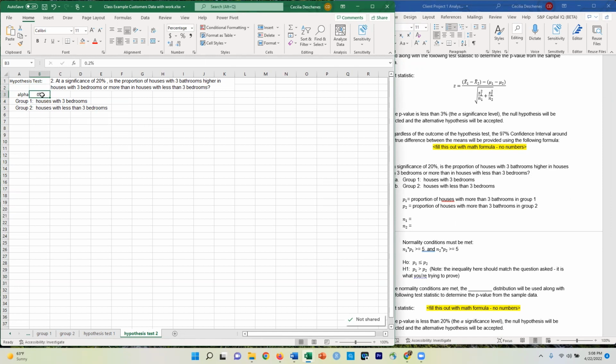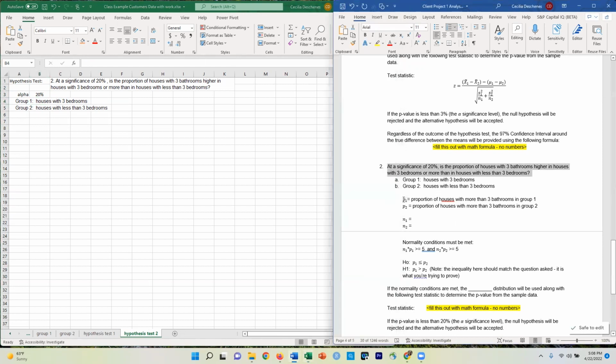Really? What's going on? Oh, it wants to put it as a percent. Okay, 20. Gotcha. All right. My group 1 and my group 2 is the same, so I'm not going to make new subsets. Now I'm going to come in and I'm going to have the proportion of houses with 3 or more bathrooms